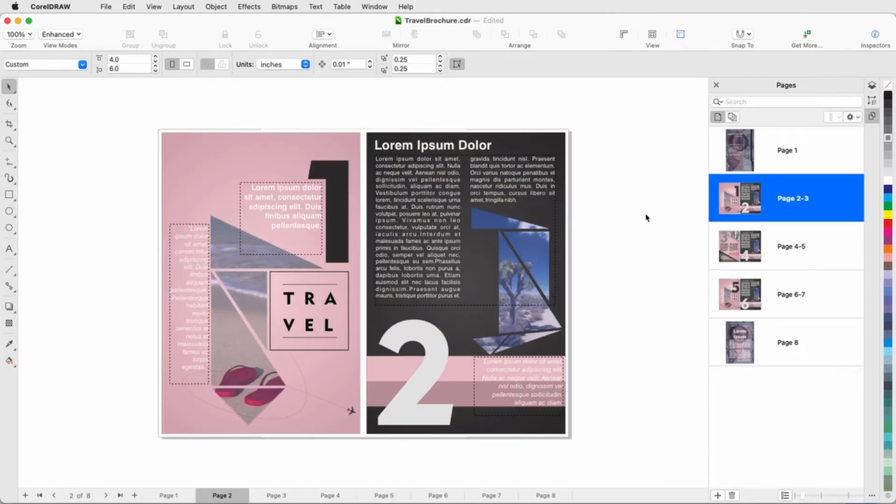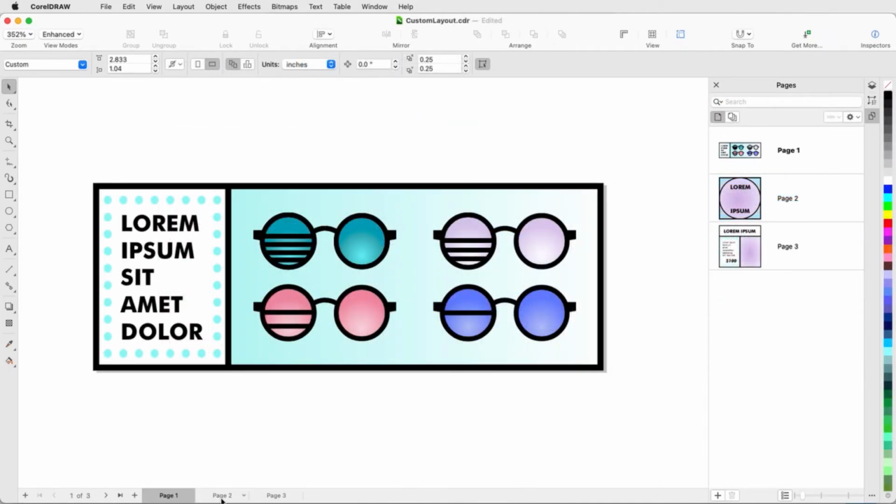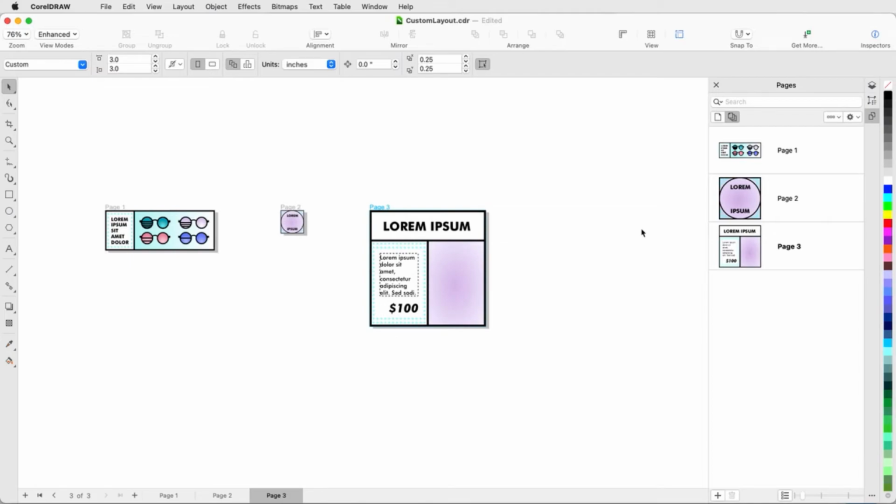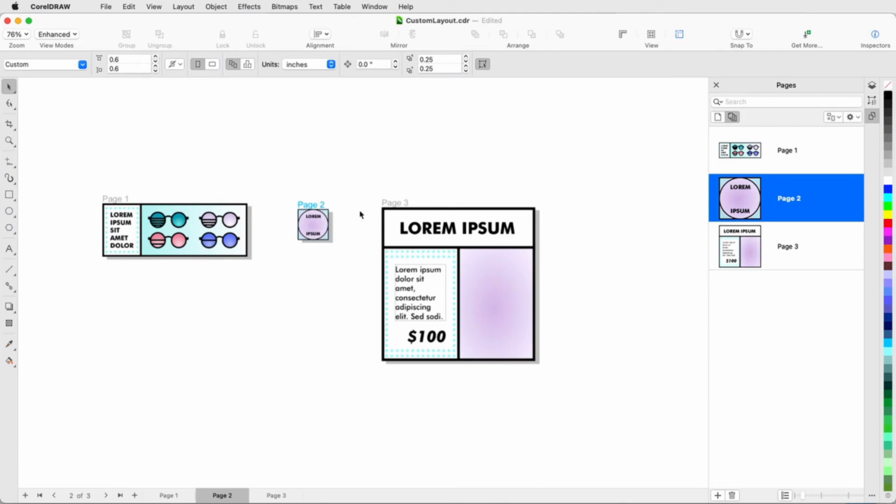In this example, I have 3 pages of different sizes. In Multi-Page View, I can see all 3 pages. And for more viewing flexibility, I'll switch to Custom Layout. This free-form, non-sequential layout is great for working with documents in which different assets are placed on separate pages, for example, a set of marketing documents that includes a poster, business card, and flyer.